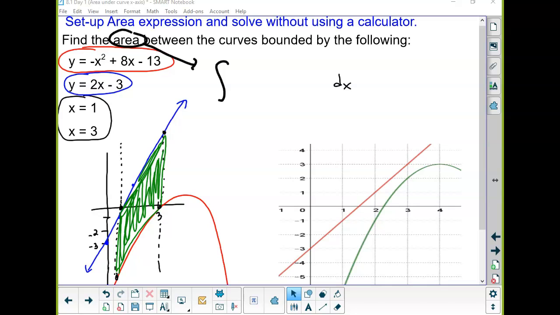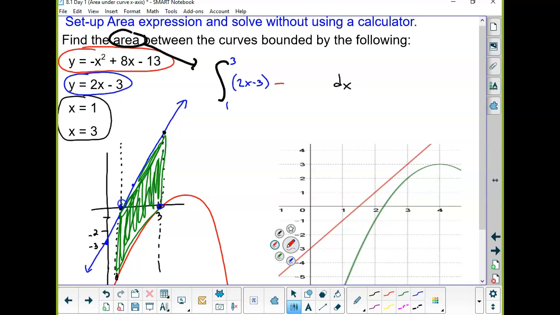So hopefully you're thinking, all right, well, what are my bounds? What's the lowest x value that I have? And that's the positive 1. And then where's the next x value? That's at 3. And then you're going to do the upper bound minus the lower bound. Or excuse me, the upper function or the top